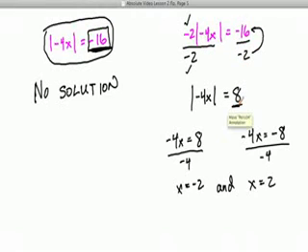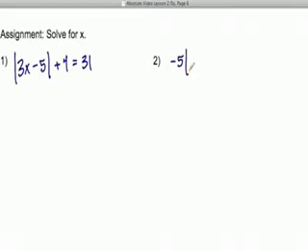All right? So I'm going to show you your practice problems now. There's only 2 of them, but they are pretty challenging. Call or text if you have any questions, please. But if you want to go back and rewatch the lesson, you can always do that. Remember, you can pause. So we got 3 times the absolute value of x minus 5, plus 4, equals 31. And this one is especially difficult. Negative 5, absolute value, 3x